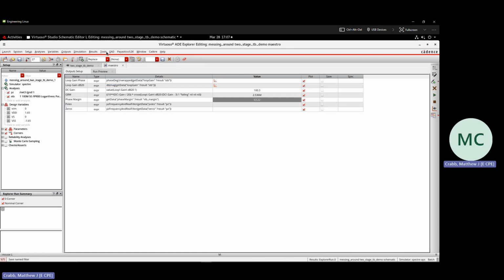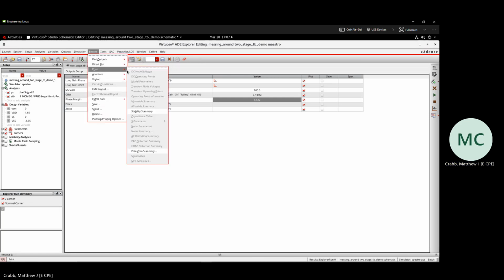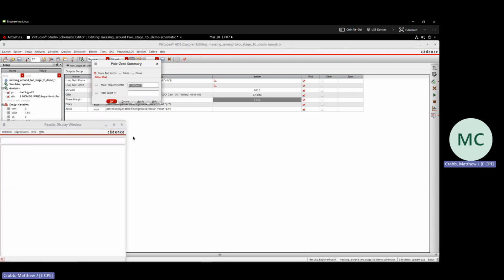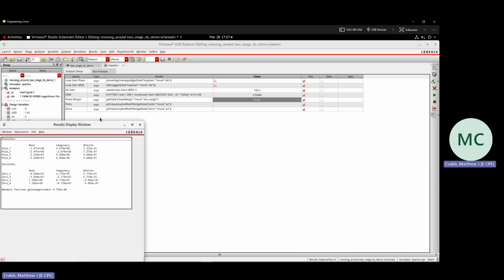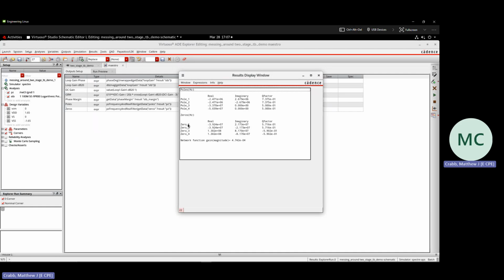and then to find the pole Q, you can either calculate it from there, or what's easier is you can go to results, print pole zero summary, just leave everything default here and hit OK. And this will list all your poles and your zeros. And so your two dominant poles will be these first two. You can see they're a complex conjugate pair, and you can read off the Q factor from here. Note this is times 10 to the negative 1, so this is 0.737. So I'm a little high. I think I was going for like a plus minus 5% range or something when I designed this. So I could work to bring that down a little bit, but